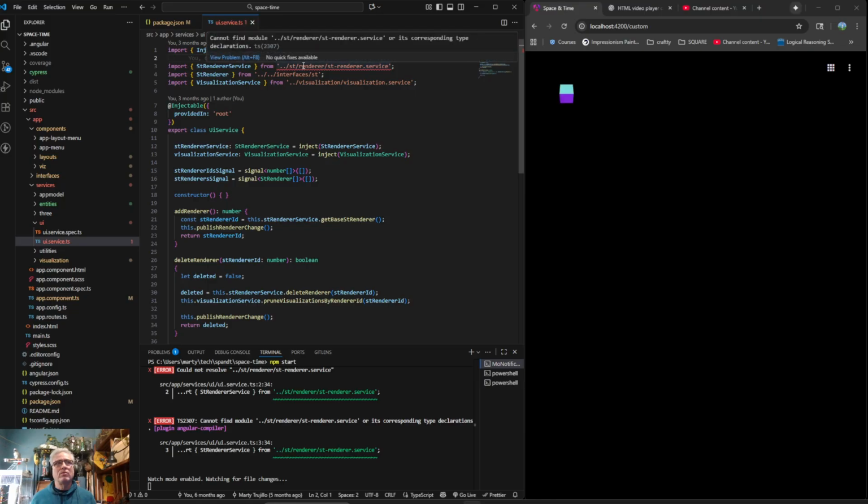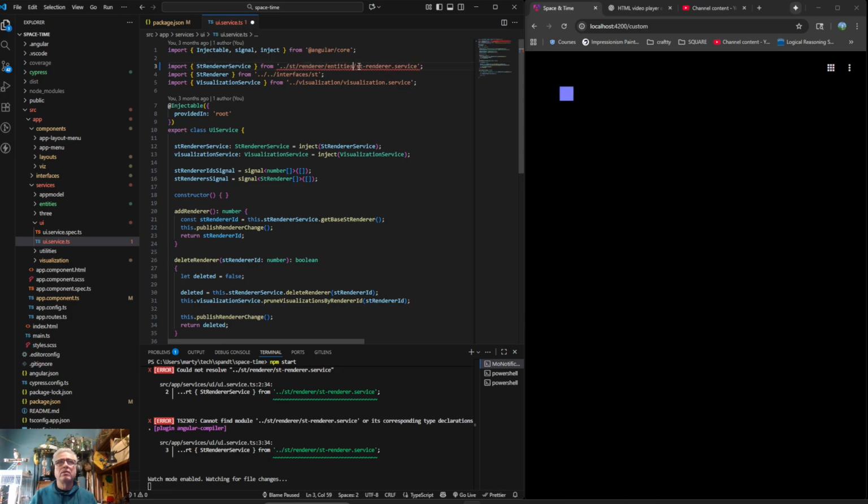So, okay, that's weird. Oh, because, oh, the U, what? Oh, ST render service. Okay, so that is inside of entities now. Right? And I don't even know if that's a good word, but